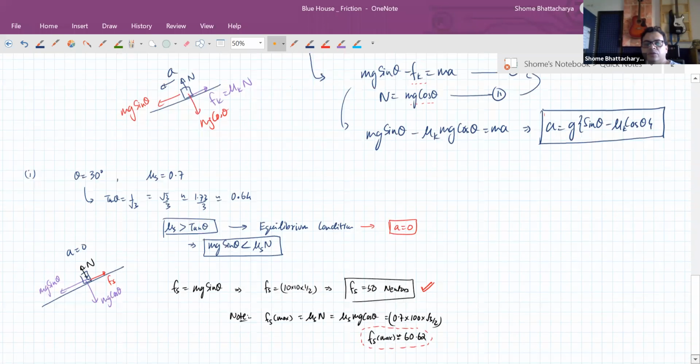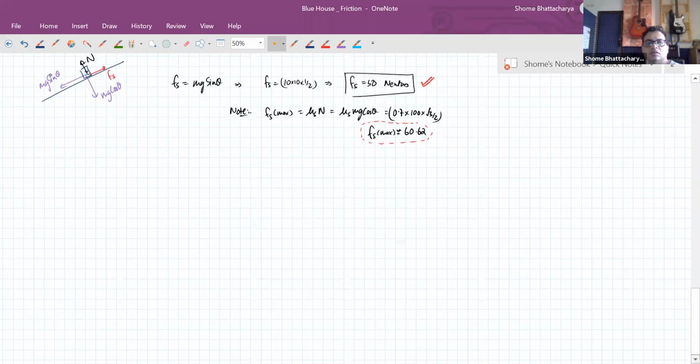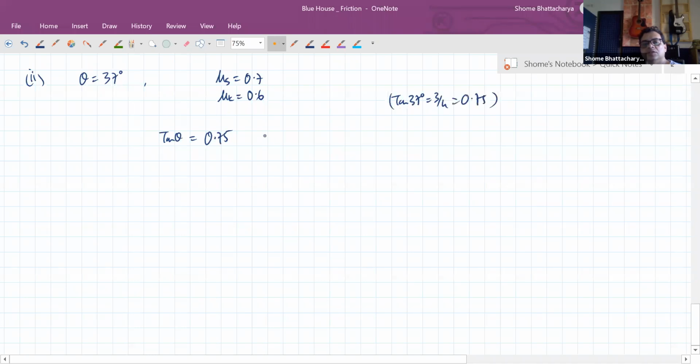So an example of slipping for us here would be the second case. In the second case, you can see that because I've taken my theta more now, it is 37 degrees. And coefficient of static friction is still the same, 0.7. So you can see that tan theta is 0.75. Tan 37 is 3 by 4. So you can see that tan theta is greater than coefficient of static friction. So this is the condition for slipping,